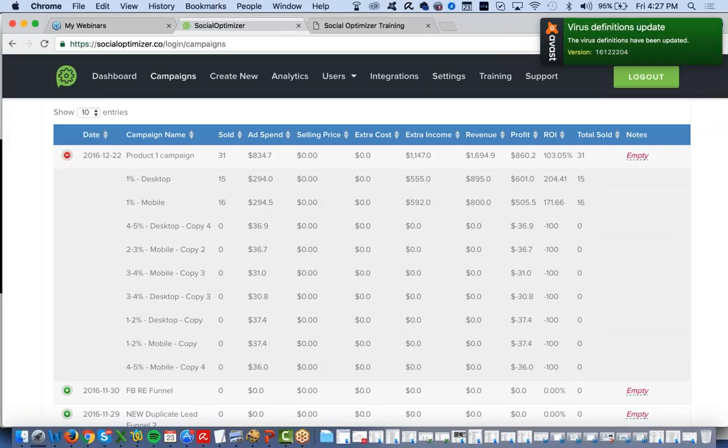This software will basically show you immediately whether you're generating an ROI from any of those campaigns you're running. So if you're not showing an ROI from any of your campaigns at all, then you need to look at your testing. Are you testing enough groups? Also, did you learn anything from your testing? Did one ad group outperform another ad group? If one ad group did outperform another, then you can use that data to reproduce that ad and look to improve it for the next campaign you run.